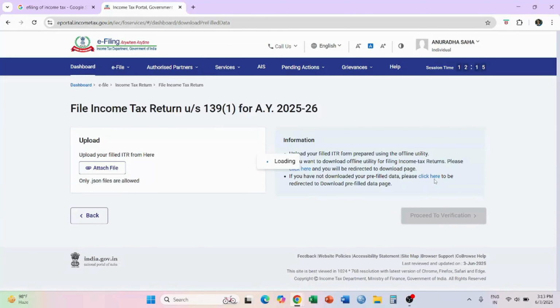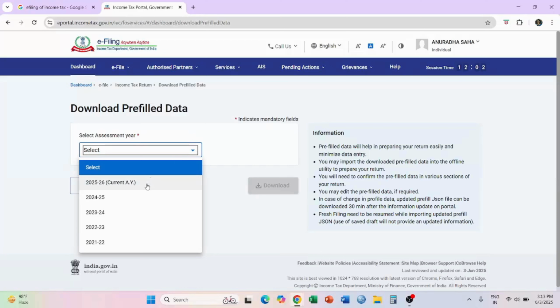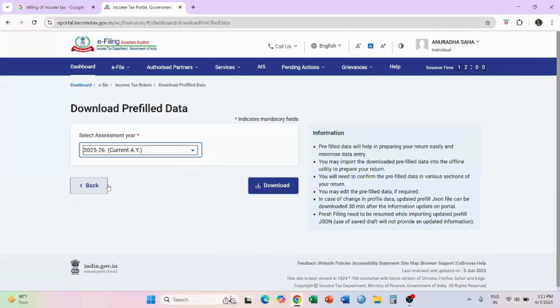So we click here and we get this download pre-filled data page where we have select assessment year. We click on the drop down, we get the current assessment year, we click on the current assessment year and we download it.